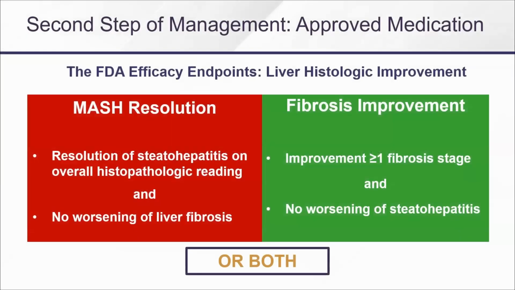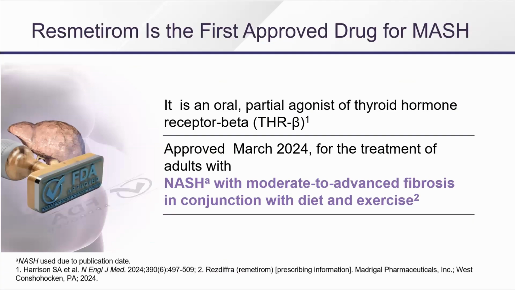Then the second is we got to treat the liver. So you have to treat the underlying liver disease, the underlying problem, and you have to treat the liver disease. And the FDA approved endpoint for this is you have to resolve NASH without fibrosis getting worse, or you have to improve fibrosis without making NASH worse. And a lot of drugs have fallen on the fibrosis regression because it takes a lot to regress fibrosis in a year. And the only drug so far that's crossed that finish line is resmetirom or Rezdiffra.